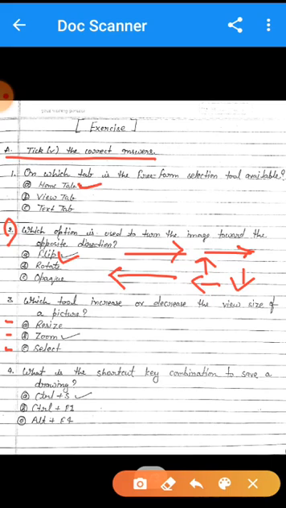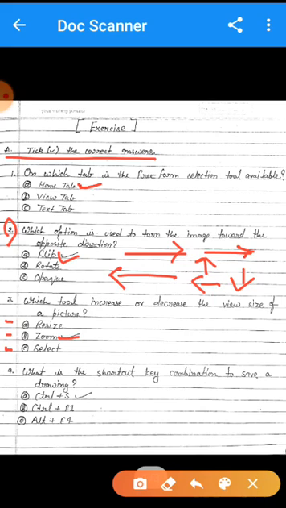The zoom tool is used to increase or decrease the view size of a picture. So students, option number B is the right answer.